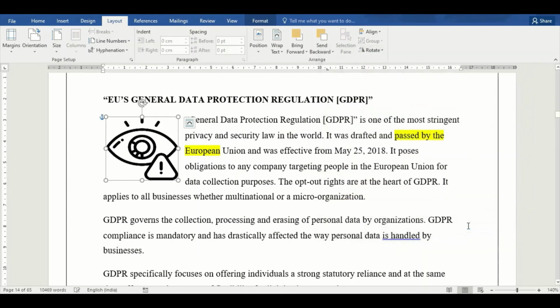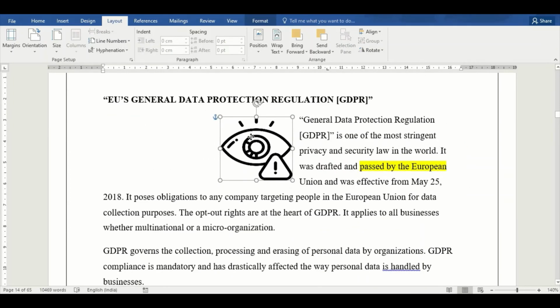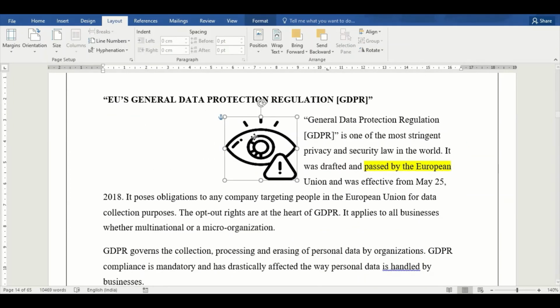So once we click on OK, and now when I move my image, you can see that the text only remains on the larger side of my page, as in if my image is almost towards the center of the page, but my right hand side has more space, so my text is going to remain on the right hand side only.